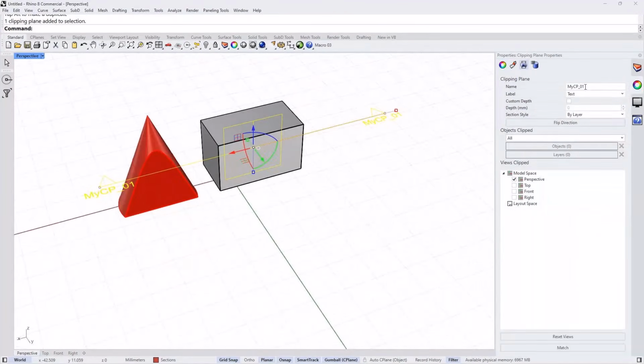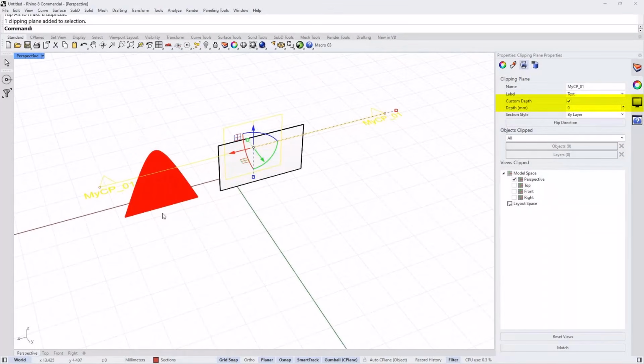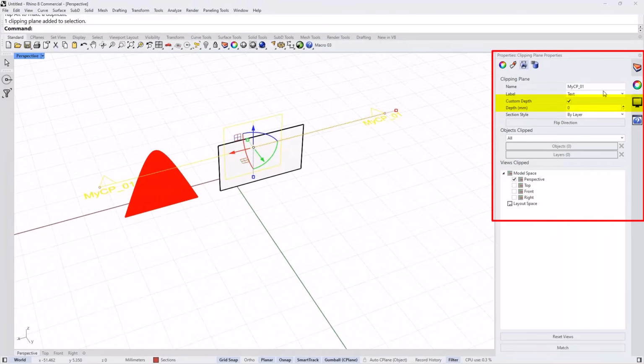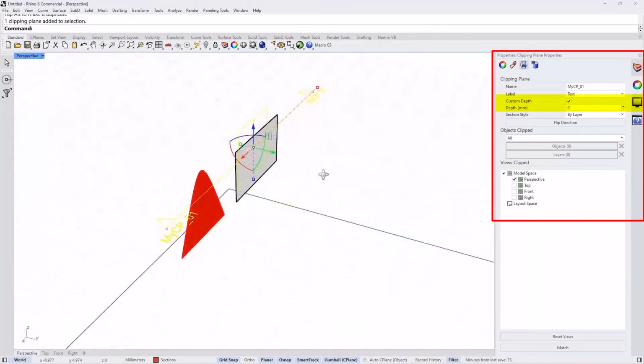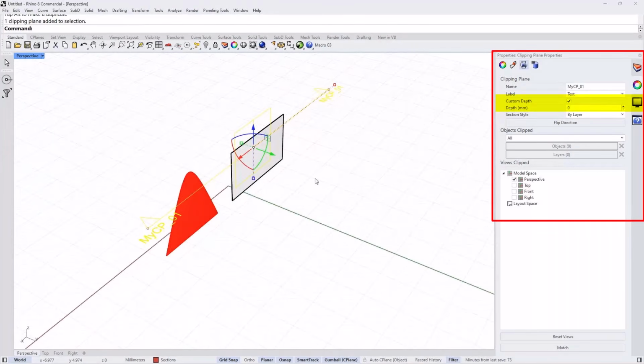With the depth option, you can now set a custom depth. If it is set to 0, all you see is the section, basically a very thin slice of your model. And this is only a visual effect. There is no actual geometry generated here.